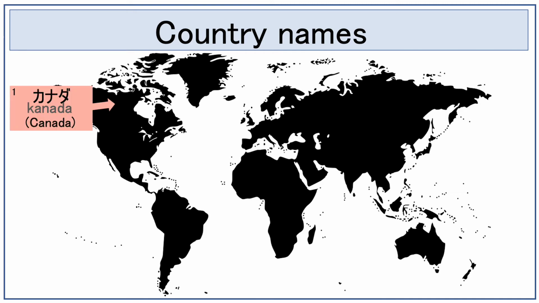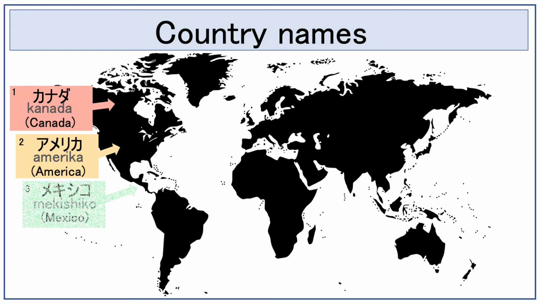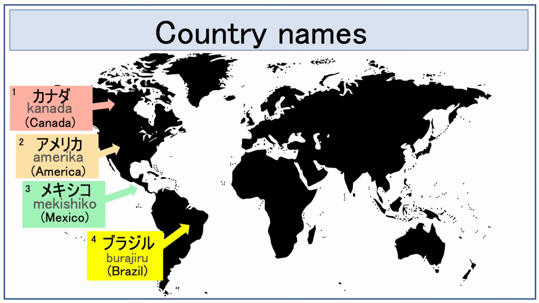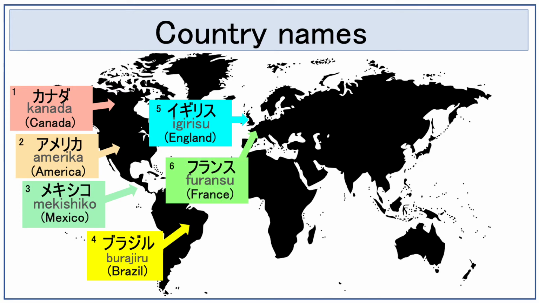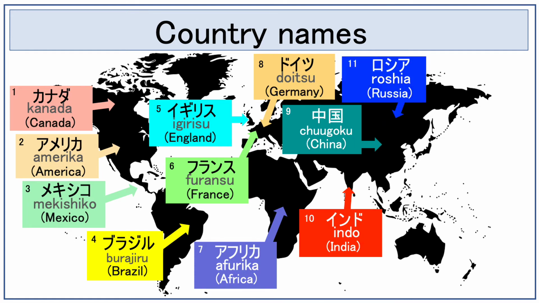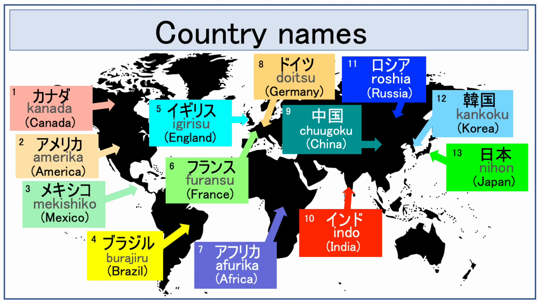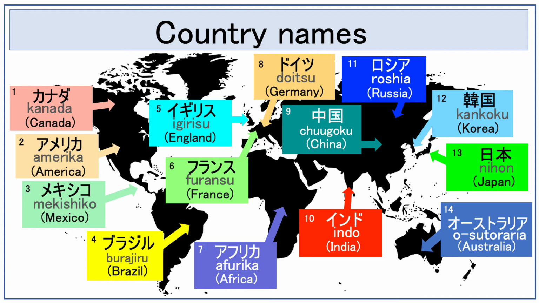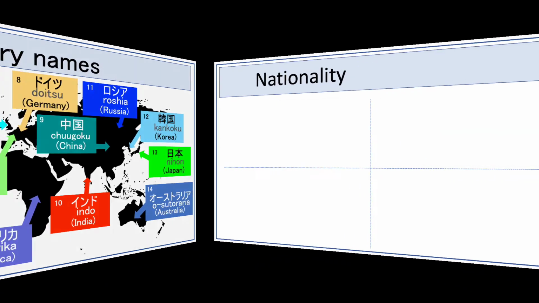They are Canada, America, Mexico, Brazil, Igirisu, Furansu, Africa, Doitsu, Chuugoku, Indo, Roshia, Kankoku, Nihon, and Oosutoraria. So how do we say